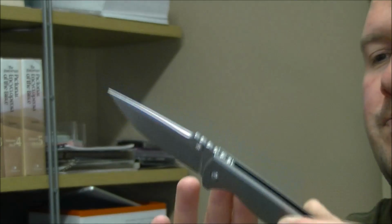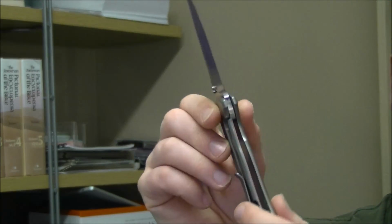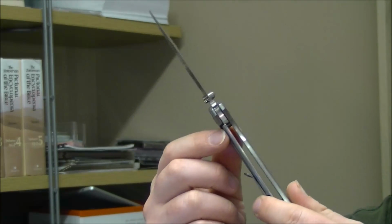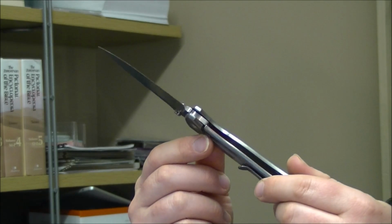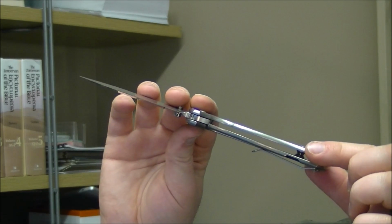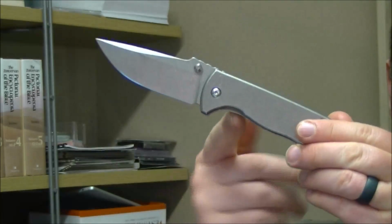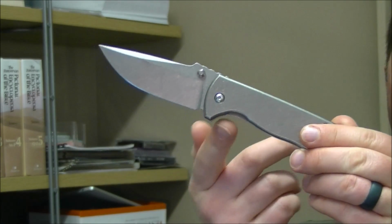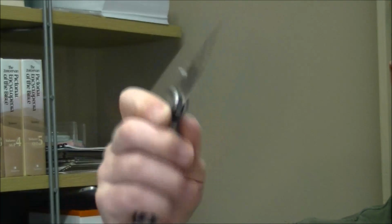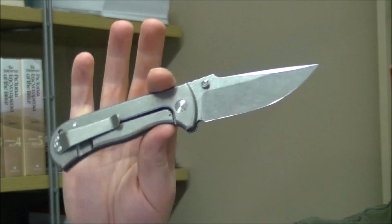You're going to notice a difference in how that blade feels. Okay, so let's see. That's lockup. Oh yeah, let's carry on over here to the lockbar. You can see that the engagement is fairly early, maybe 25% or 30% or so. I'm trying to get an angle where you can see that very well. And you can see, if I turn the knife this way, you can see this little bit of the lockbar over here, which is allowing you to get access to that and disengage that lock. Okay, so lockup and deployment,